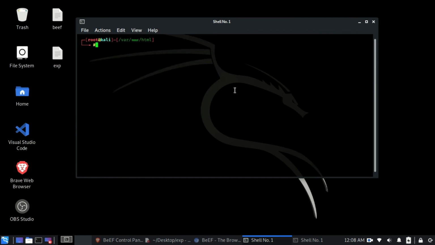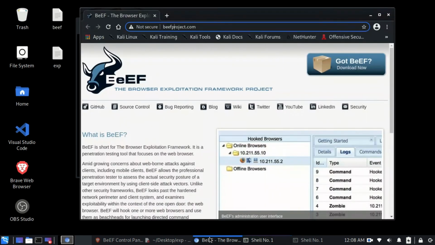Now we just need to run our Kali Linux server. For that I will write the command service apache2 start. This command will basically run the web server on our private network. As soon as I click enter, our web server is up and running. This web server can be accessed through any browser on the network. So let's try to do it on our machine only. You can do it on some other machine which is connected to the same network and it will actually work.